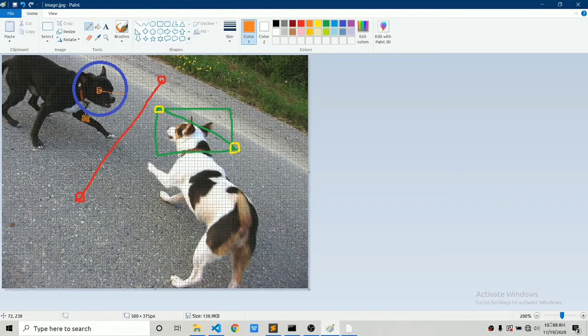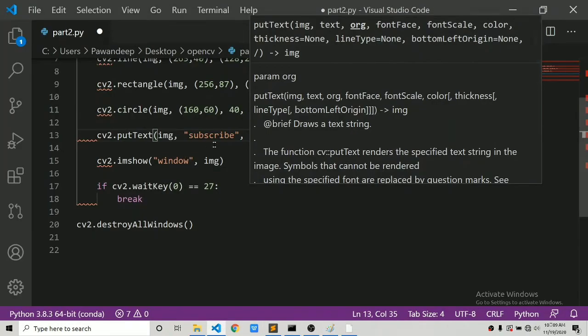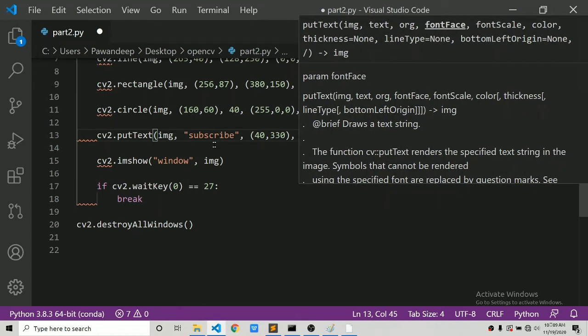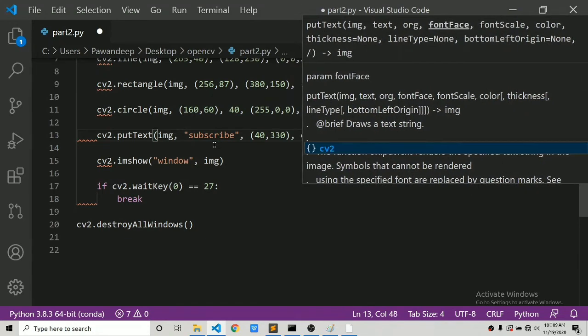Let's say the text will be placed in this rectangle, with the coordinates starting from over here. So the coordinates will be 40, 330, and then you have to choose the font of the text.